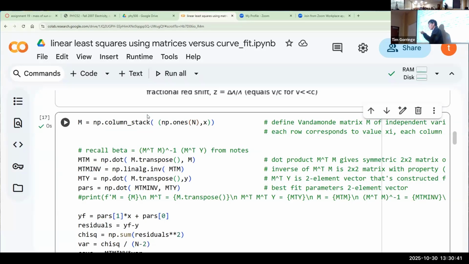So I'm going to use this other function I mentioned, which is inverse, which will calculate the inverse of a matrix. The argument of that is just the matrix we want to calculate the inverse of. So I'm giving the function inverse this matrix from the previous line, and it's going to give me the inverse of this product of M transpose M. So now I've got this one. Now I want this piece here. If I want this quantity, this is the product, I'm going to use dot again